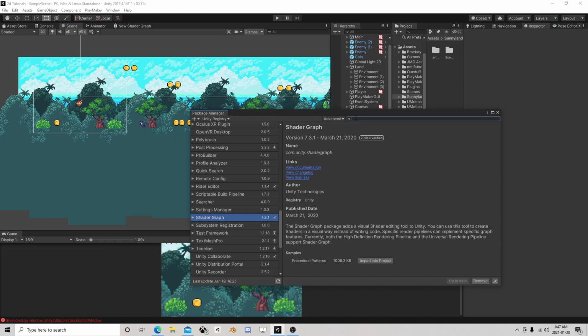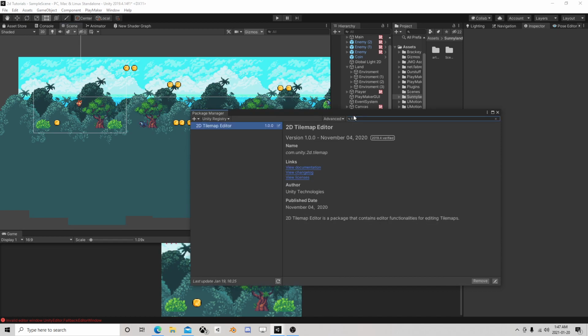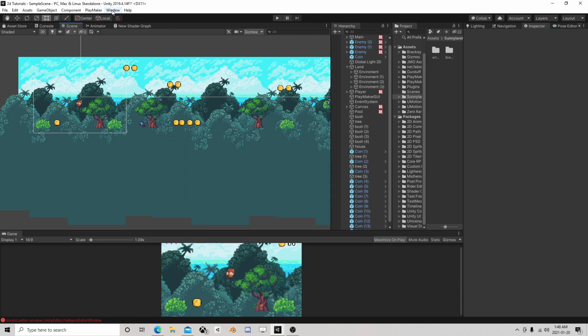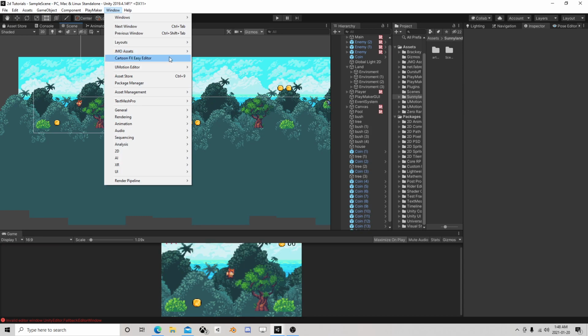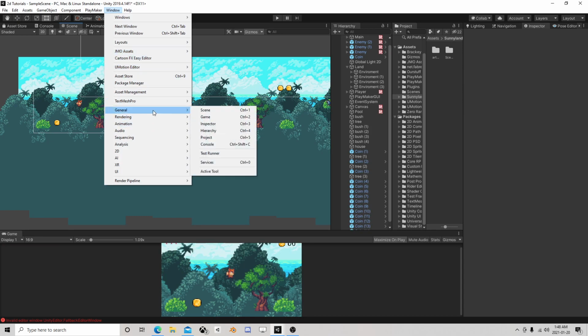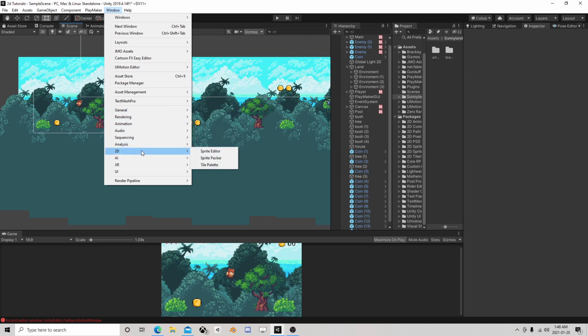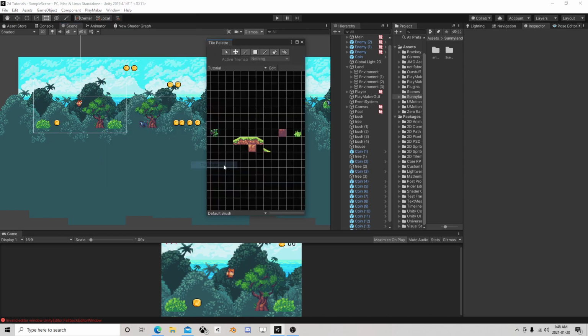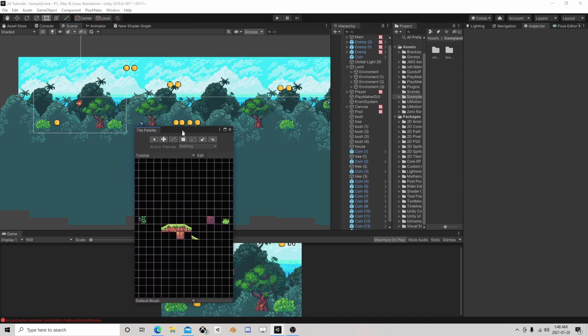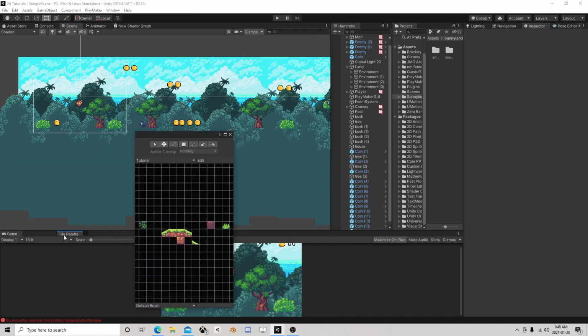If not, if you don't have this, you have a 2D tile map editor you can bring in for this portion. But it should be there automatically if this is a 2D project. So if I have a window, that guy right there, I've already kind of played around with some things. So if I dock this down here,